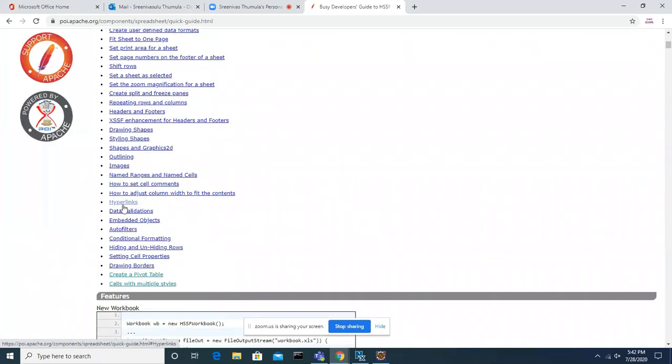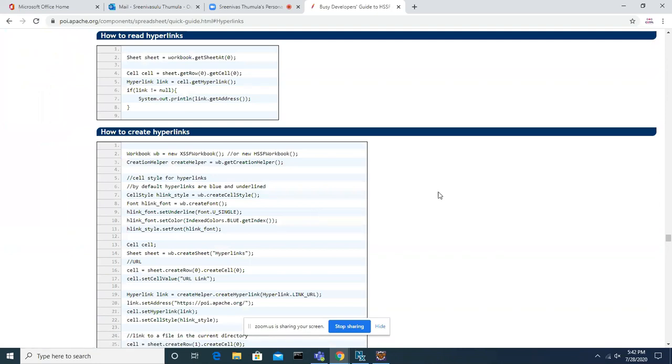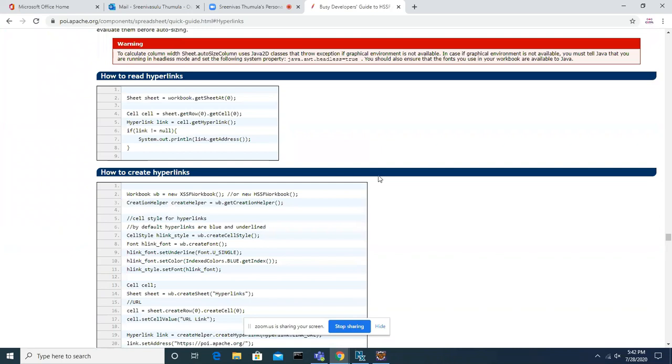So all kinds of things they have given here, but you no need to worry. If I go randomly, hyperlinks. Suppose you want to give a hyperlink, when you move the cursor on the cell, then you want to open a different file. Nothing is difficult here.